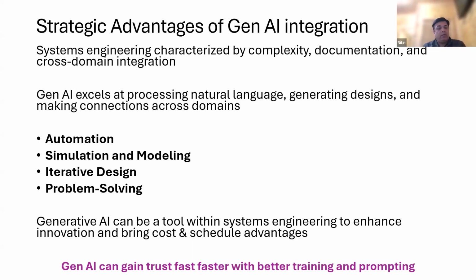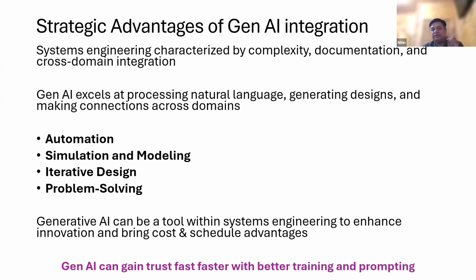Now, all of this is possible when Gen AI technology can be trusted. Right now, the major question is trust. Can we trust it enough to use it in our work and depend upon it to produce meaningful outcomes so that it can help improve our work? Well, we are in the process of building trust, but we are not there yet.